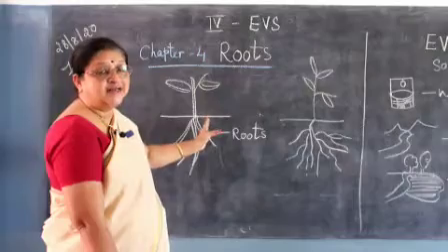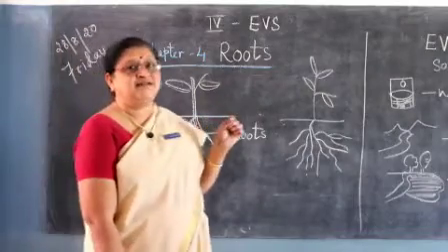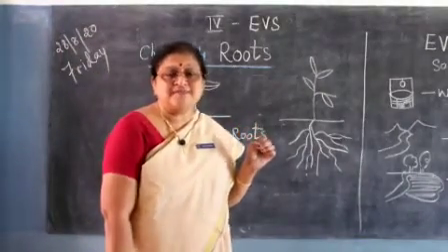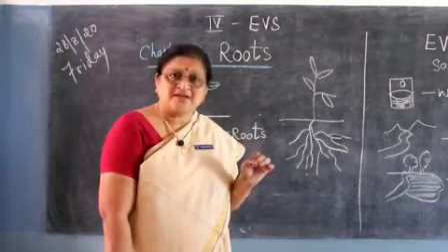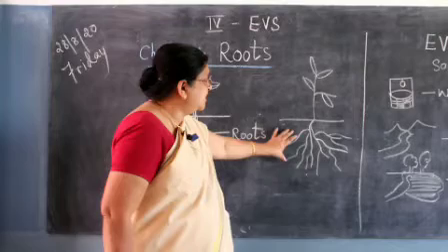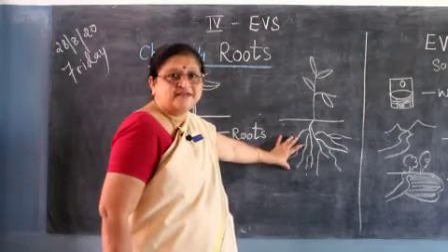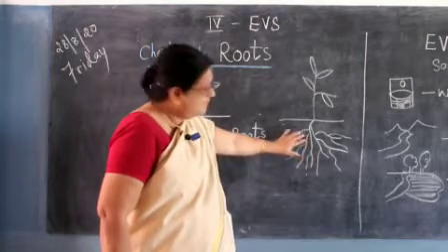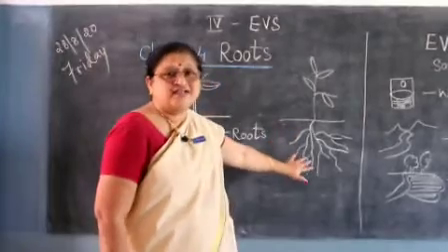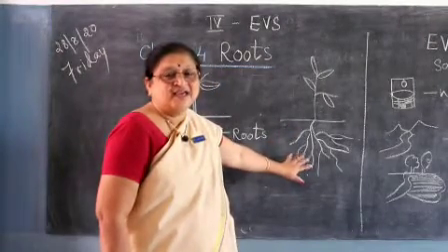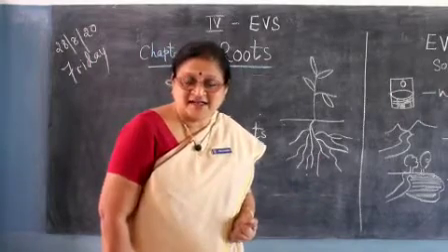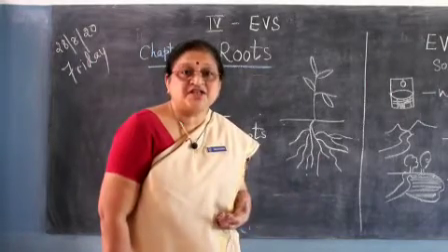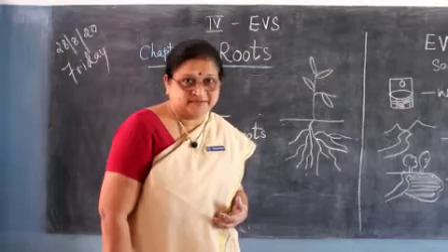So this root is for a little bigger plant. And when you see the small plants, the herbs and other things, they have very different roots, but they will be in a cluster or in a fiber way. See, from one root there will be many small roots coming. These roots are of the same color but have different sizes and shapes.